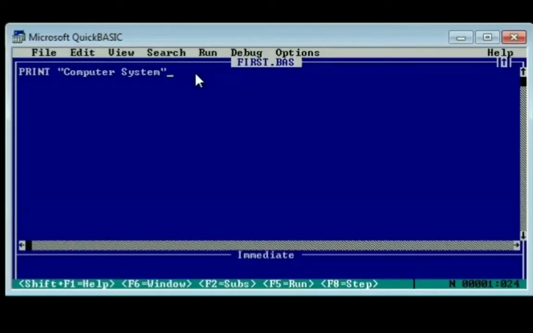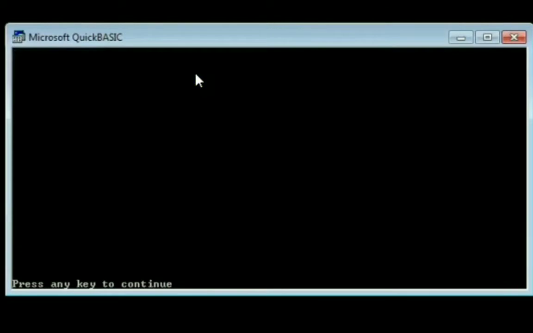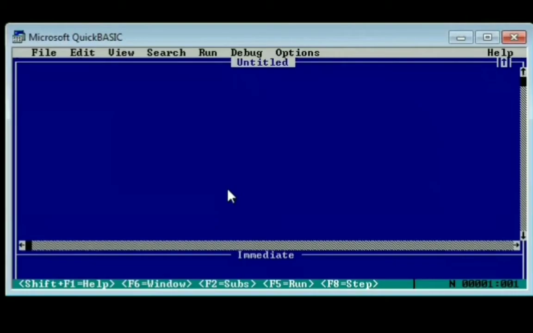So to clear this output screen, I can type CLS, which means clear screen. Then if I run this program again, I will get a blank screen because after printing, I have cleaned all my output area. So children, whenever you are writing any new QBasic program, it is always better to write the CLS command in the first line so that your previous program's output is deleted from there. You don't get confused between both.